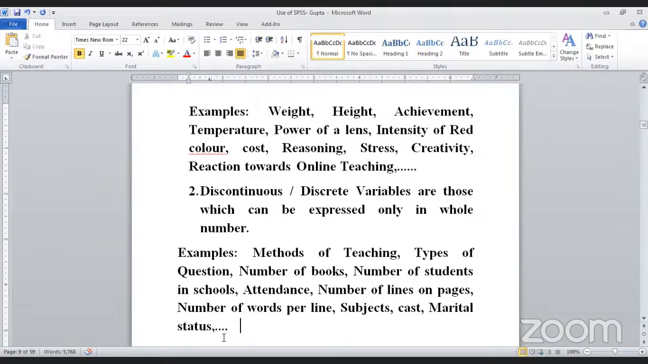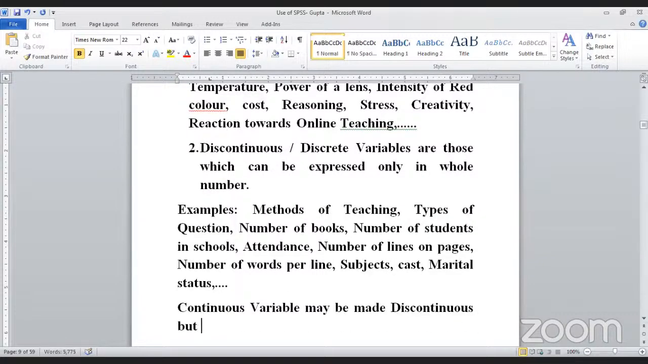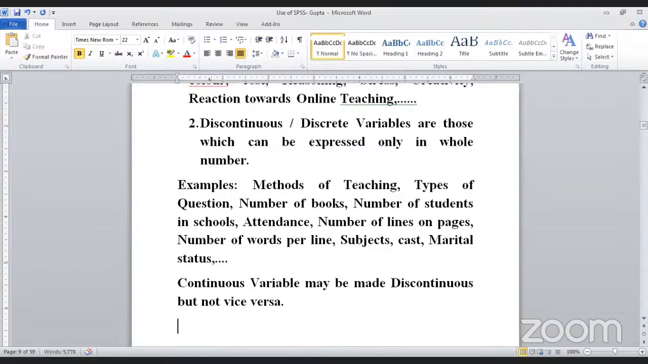Then another is that a continuous variable may be made discontinuous, but not vice versa. Say, if you have, say, achievement,